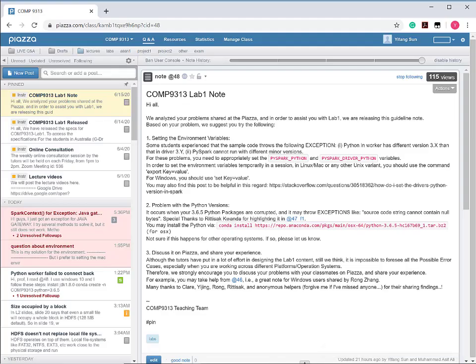So another thing is about Lab 1. There are many questions in Piazza regarding Lab 1. Basically, I've seen that some of you struggled with installing this whole environment. First of all, I have to say that the teaching team has put a lot of effort into this lab. We tried the whole procedure on different operating systems,